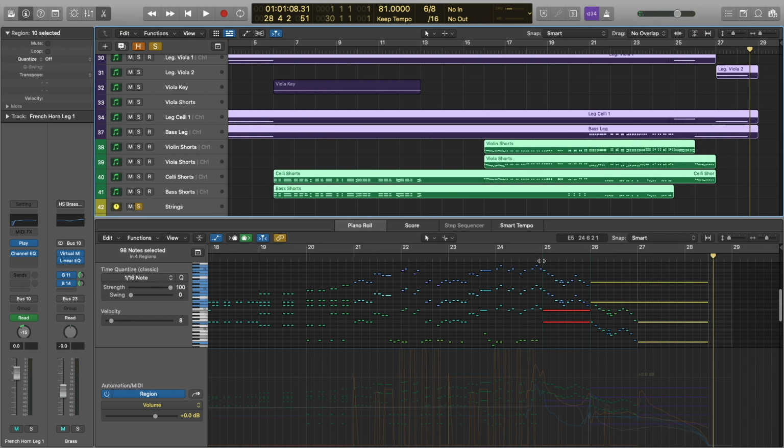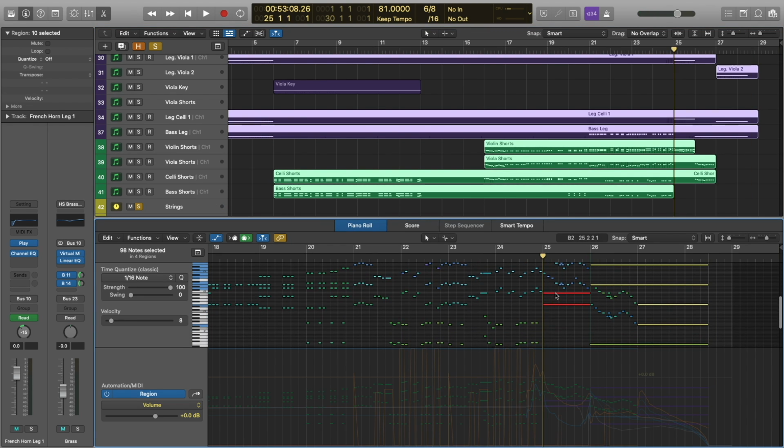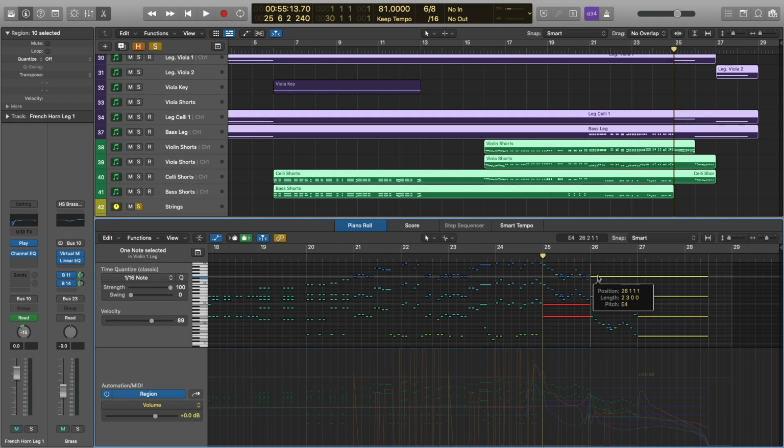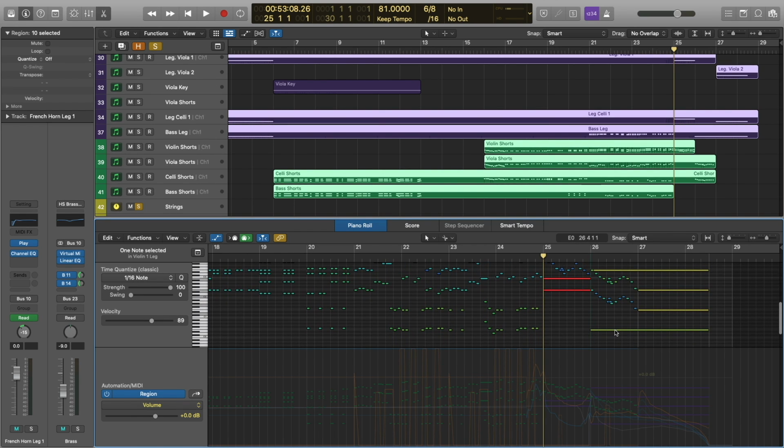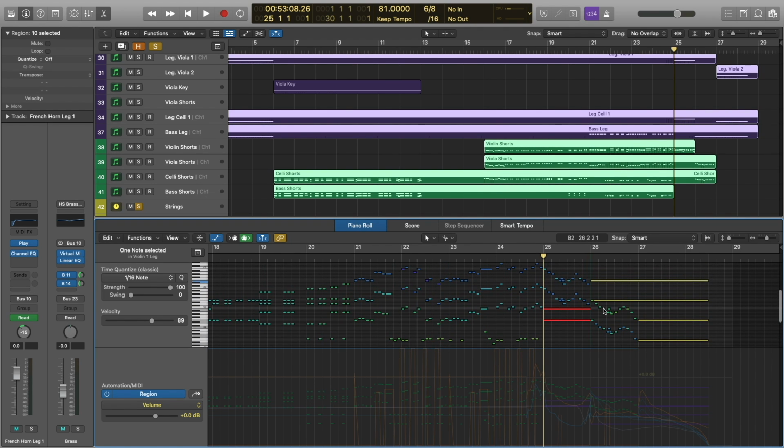And one more time, because that does happen very quickly, we've got the violins playing this line here, with the violas here and the celli here. And then the violins are holding out the E, while the violas and the celli take over that little phrase. And the basses are sitting on this E all the way down here. So one more time, and we'll start back at measure 24.